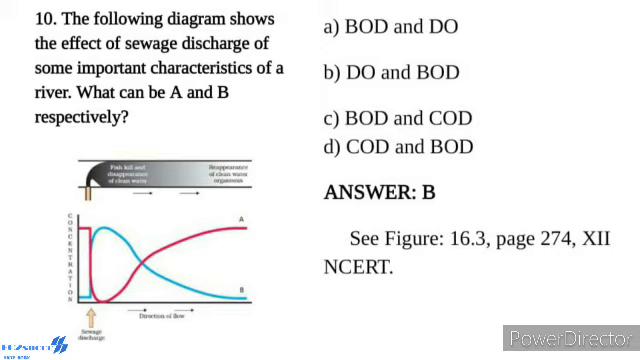Question number 10. The following diagram shows the effect of sewage discharge on some important characteristics of a river. What can be A and B respectively? Shown in the diagram is the effect of sewage discharge on some important characteristics of a river. Solids are relatively easy to remove. What is most difficult to remove are dissolved salts such as nitrates, phosphates and other nutrients, and toxic metal ions